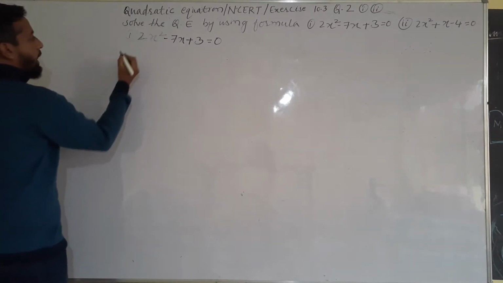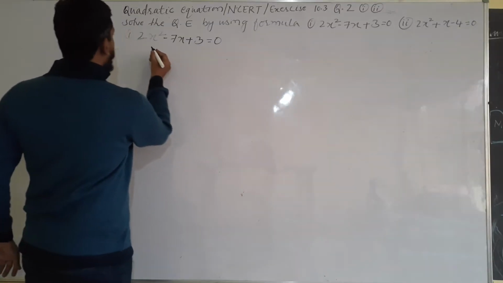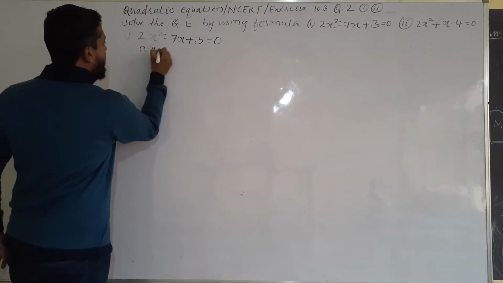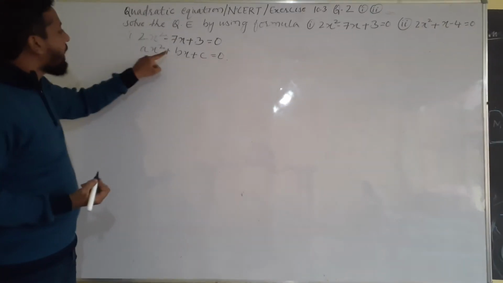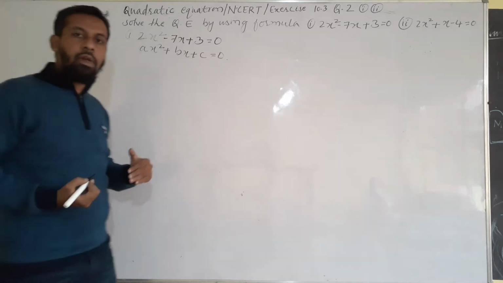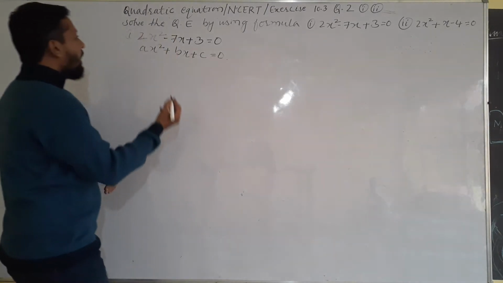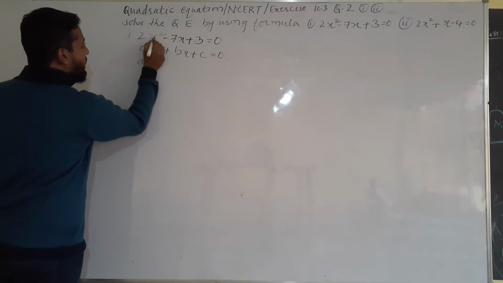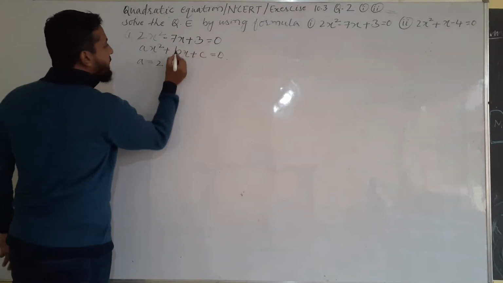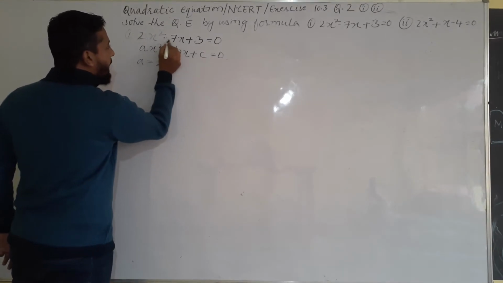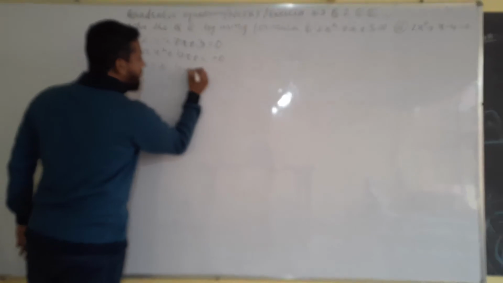First we have to compare the equation with the standard form. The standard form is ax square plus bx plus c is equal to 0. Now we have to write the values of a, b and c, then we will substitute in the formula. Coefficient of x square is a, here it is 2, so a is equal to 2. Coefficient of x is b, here it is minus 7, so b is equal to minus 7,